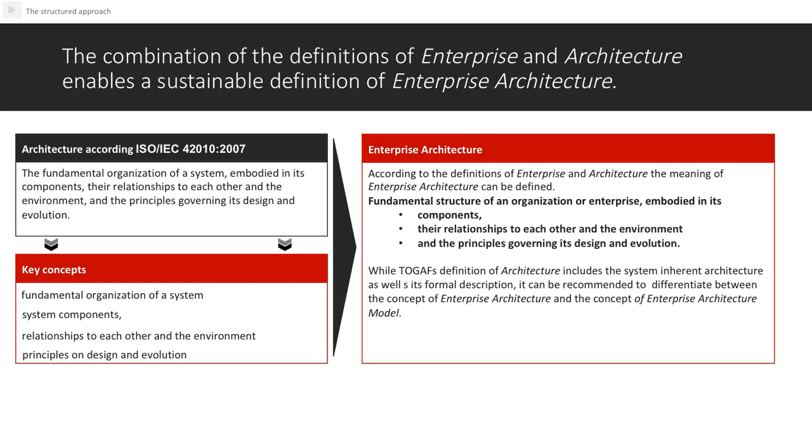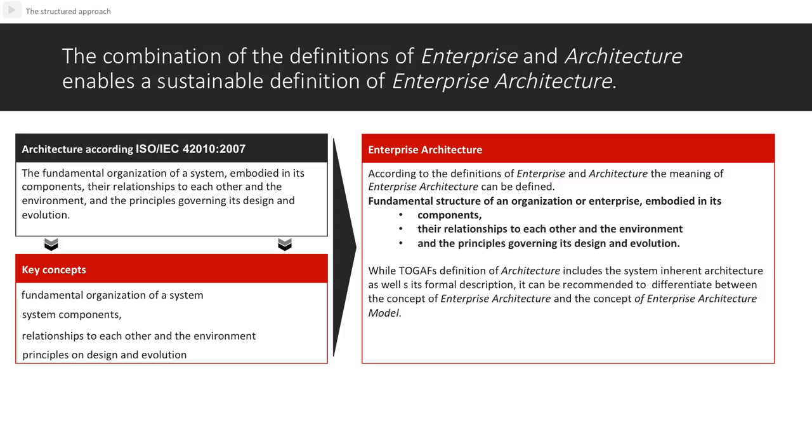Using the definitions of enterprise and architecture, I want to suggest you a definition of enterprise architecture as a combination of the concepts of enterprise and architecture. In the first video of the series, I suggested ways to a common understanding of the concept of architecture. The starting point suggested in the video was ISO 42010. Since ISO 42010 was a good starting point for the common understanding of architecture, it shall be used as a starting point again. In case you'd like to review the first video, just follow the regarding link in the video description.